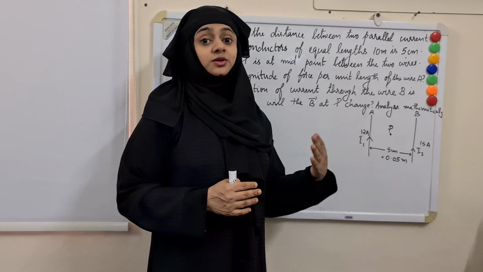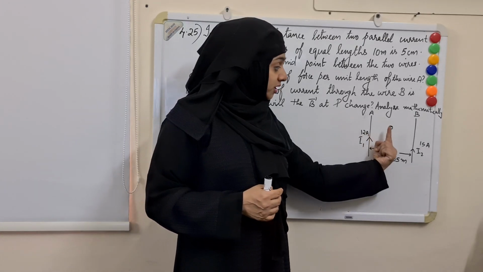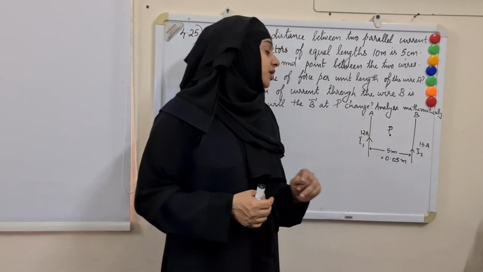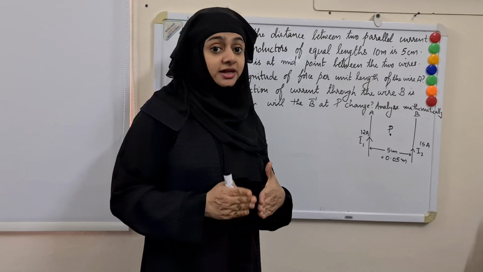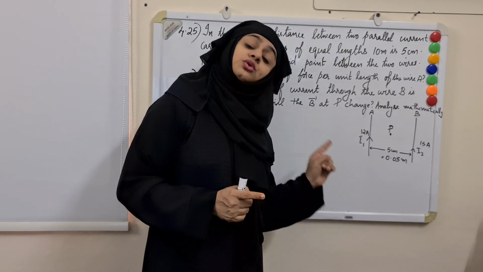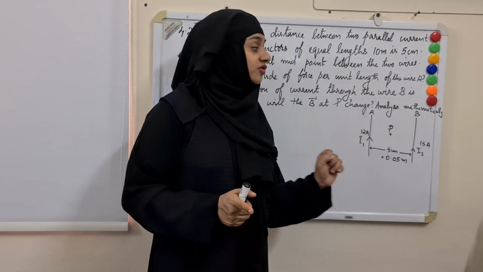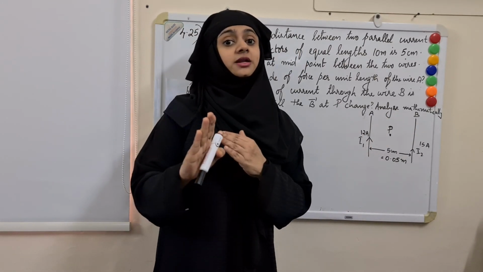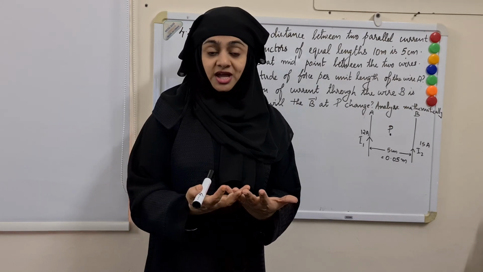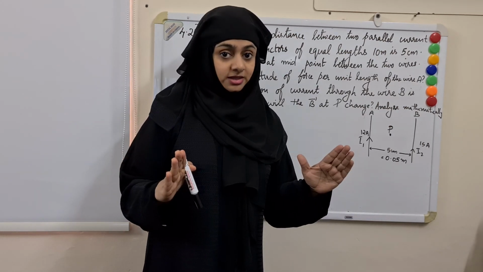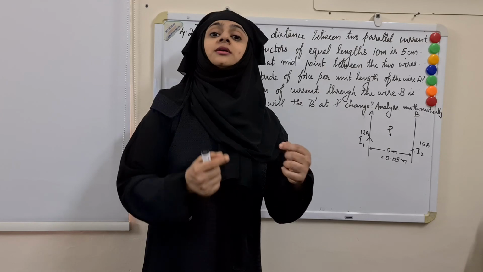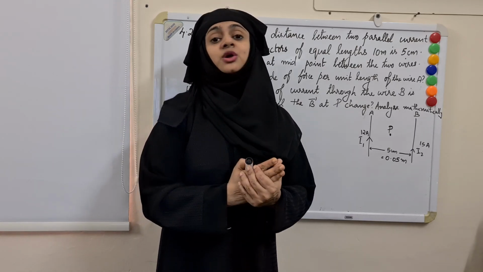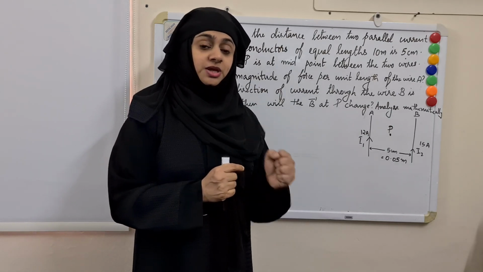So to find the total magnetic field at point P due to the wires A and B, we have to find the direction of the magnetic field due to wire A and the direction of the magnetic field due to wire B. If they are in the same direction, we will add their values to get the total magnetic field. And if they are in opposite directions, we will have to subtract them to find the net magnetic field at P. So first